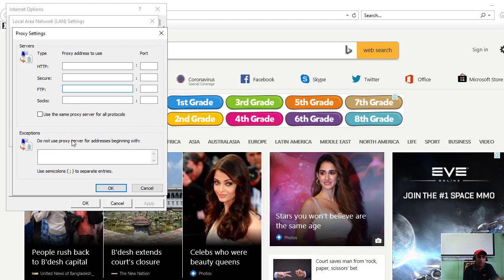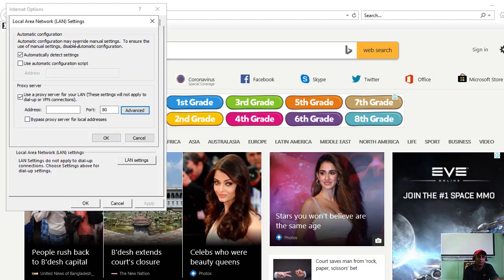So do not use proxy server for addresses beginning with. So we can ask not to apply the proxy, right? So use the same proxy server for all protocols. So if you use HTTP, other services also you can use the same protocol, right? So these are the proxy settings in Internet Explorer.